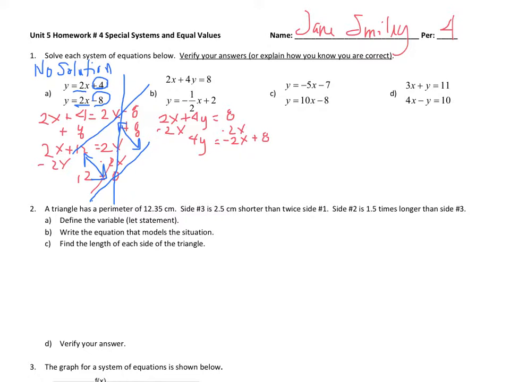I'm almost done, but I need to have this in the 1y equals mx plus b form. So I divide by 4, the number in front of the variable, and I get y equals negative 1/2 x